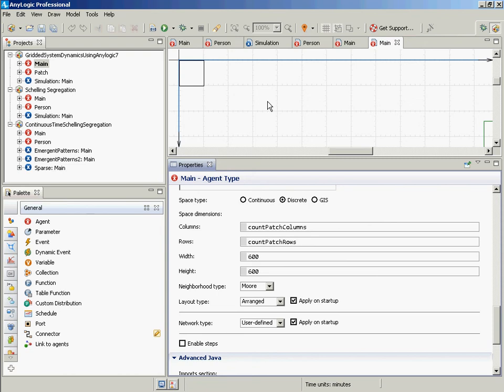So we've seen discrete time, discrete space, and we are really at